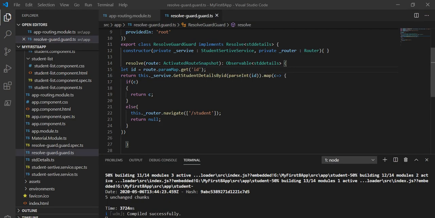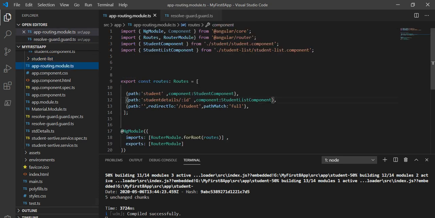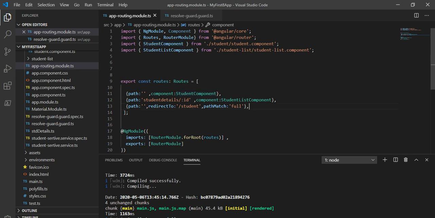Now the next change we will make is in the routing module. Here we will do some modification, so that by default it lands on the student component. And here we will make some changes.